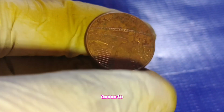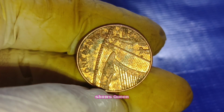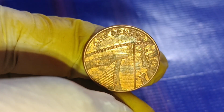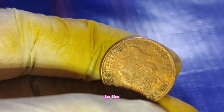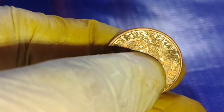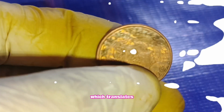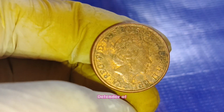Of the Queen to appear on British coinage during her reign. Clark's portrait shows Queen Elizabeth wearing a piece of jewelry reserved for state occasions. The image captures her in a more mature and dignified pose, reflecting her long-standing service to the British people. The Queen's portrait is surrounded by the following inscription: Elizabeth II DG Reg FD, which translates to Elizabeth II, by the grace of God, Queen, Defender of the Faith,